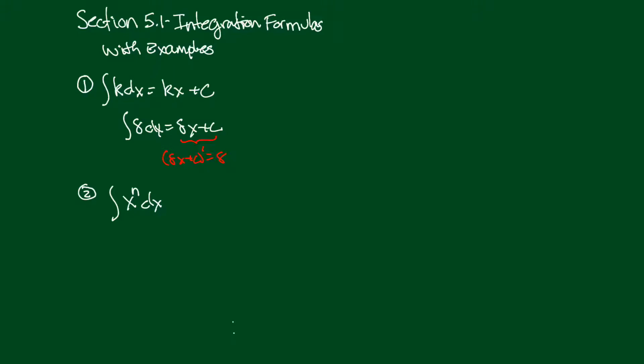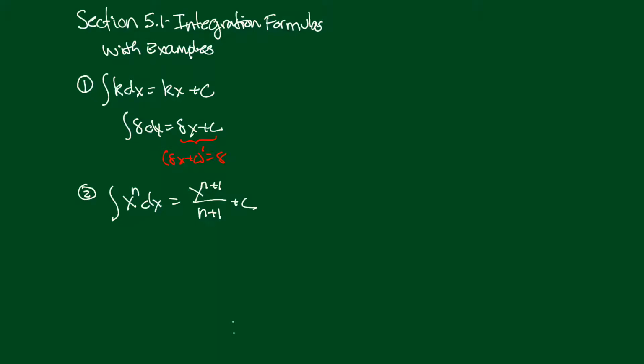Now the second one we're going to look at comes up so often, we'll know this one just by looking at it. If you have x to some power, you know when you differentiate it, you bring the power down in front and decrease it by 1. So the power comes down as a multiplier, and then it decreases by 1. If we want the antiderivative of this, we're going to do the opposite. We're going to increase the exponent by 1, and then instead of multiplying, we're going to divide